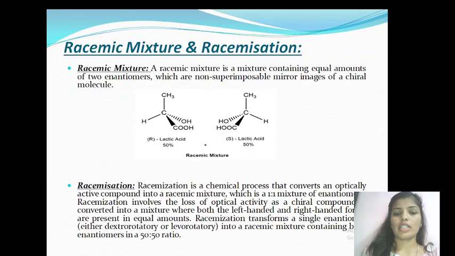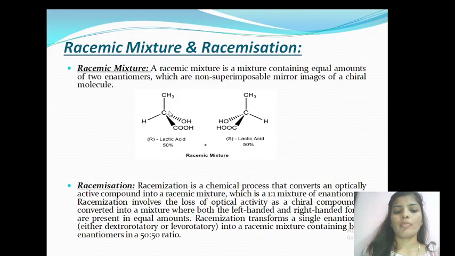Next, racemic mixture. What is meant by a racemic mixture? A racemic mixture is a mixture containing equal amounts of two enantiomers, which are non-superimposable mirror images of a chiral molecule. Here, this is the R lactic acid and this one is the S lactic acid. What does it mean? R means this can rotate the plane polarized light